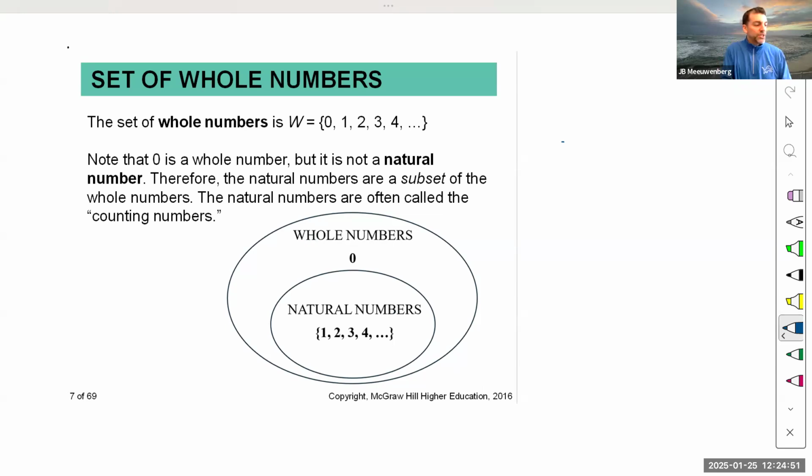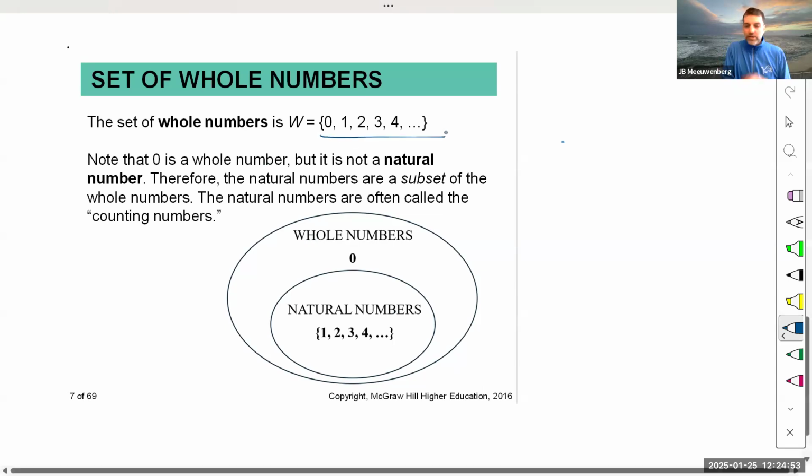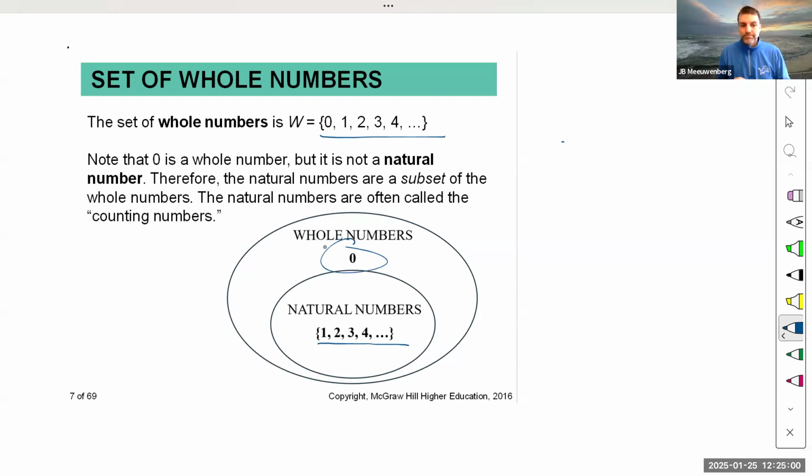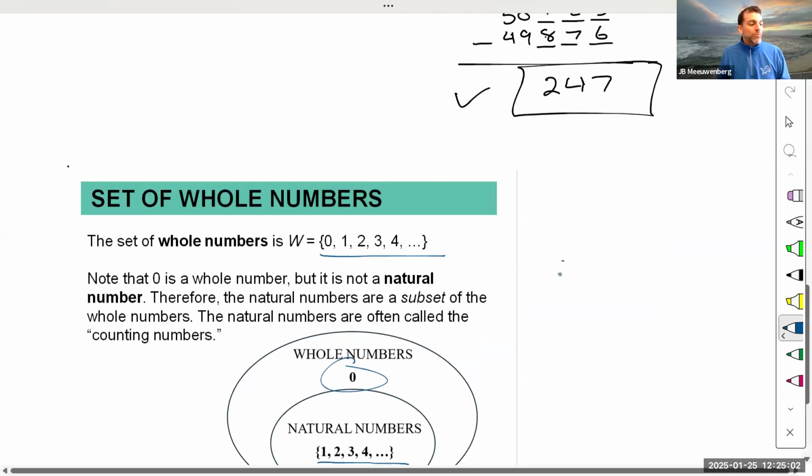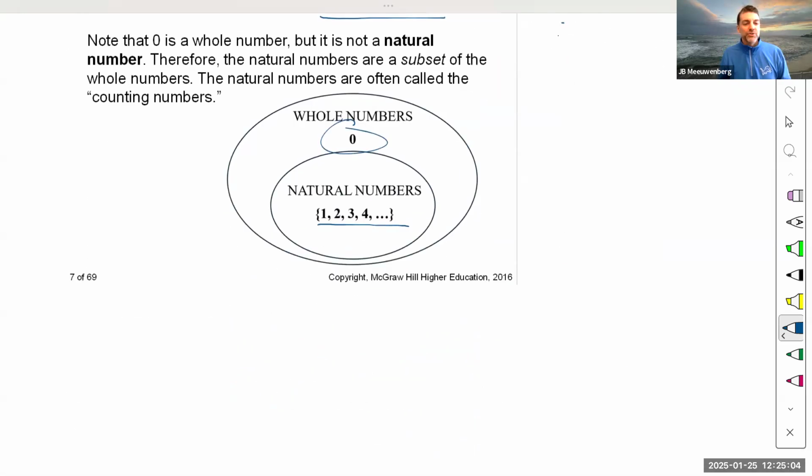So again, whole numbers are 0, 1, 2, 3, 4, etc. Natural numbers are 1, 2, 3, 4, etc. So the only difference is that number's 0. Okay, so now what we're going to do is introduce another